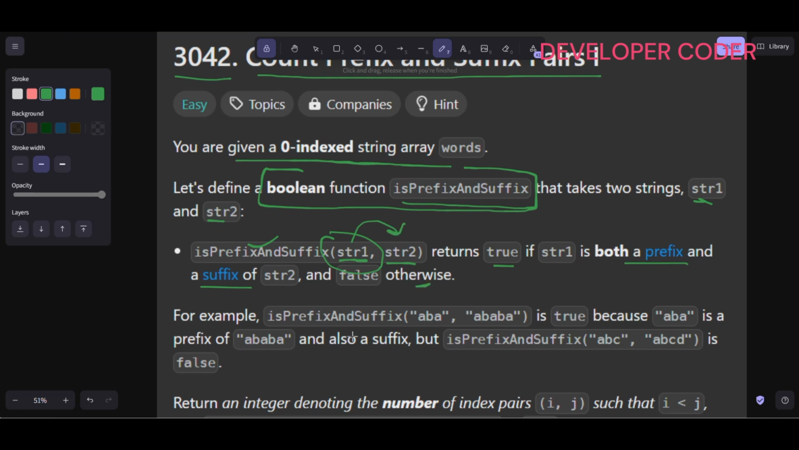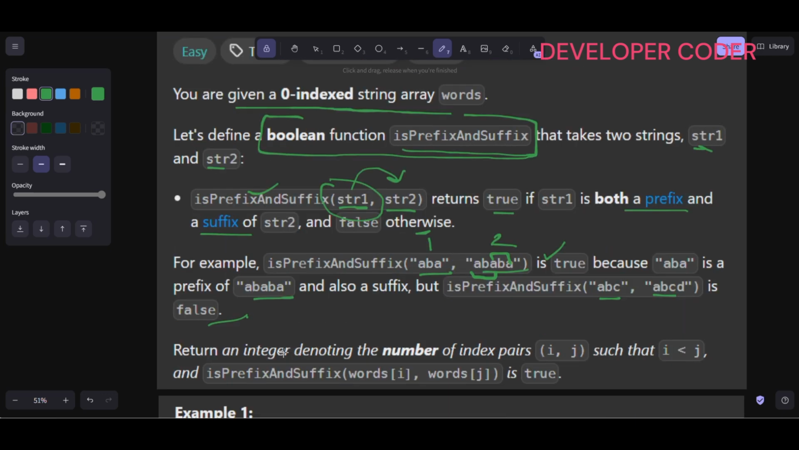See this example. Here this is my string 1 and this is my string 2. String 1, ab, is a prefix of string 2, and it is also a suffix of string 2. So it is true, because it is both a prefix and a suffix. And here, abc is the prefix but it is not ending with abc, so it is false. We have to return an integer denoting the number of index pairs i and